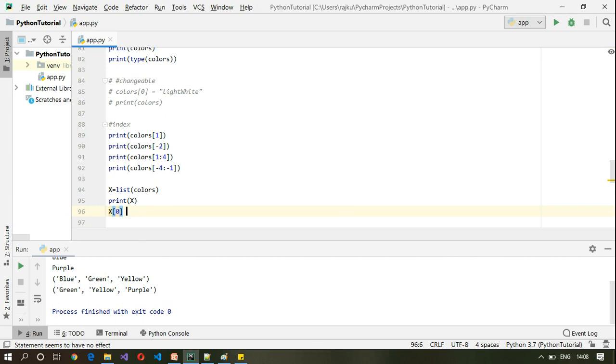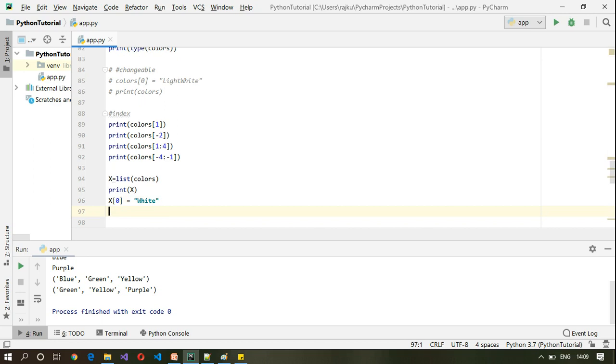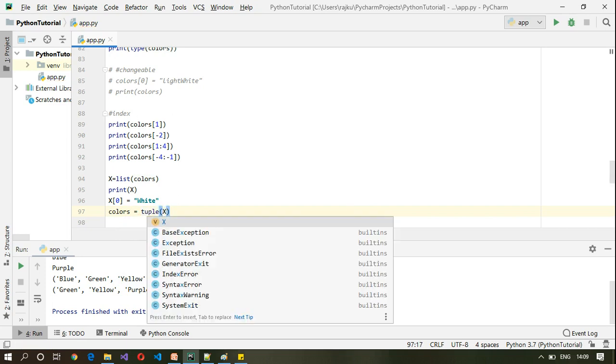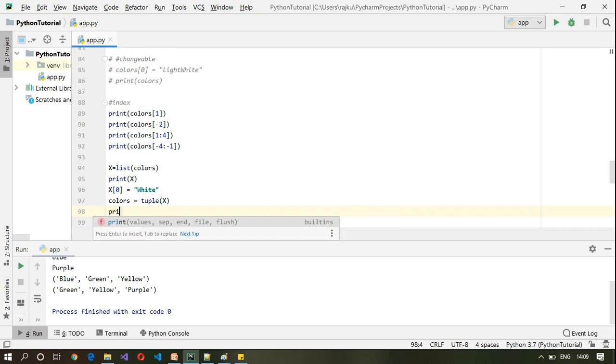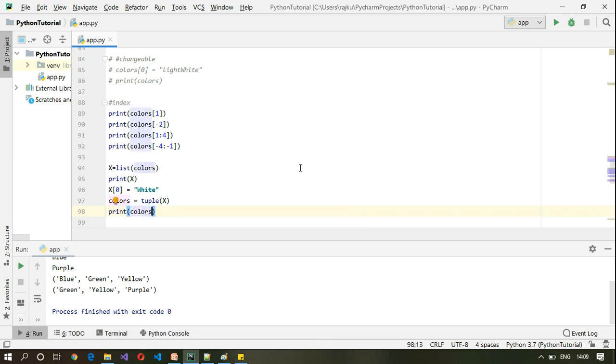I will change it to white and then convert this back to a tuple. So colors is equal to tuple of x. Print colors. Let me execute this here.